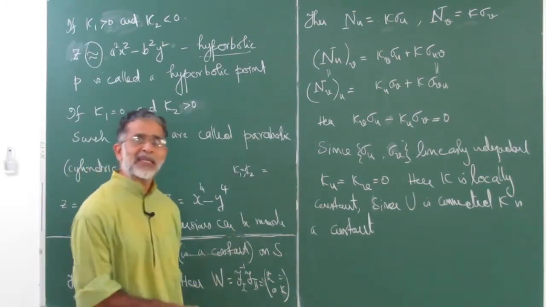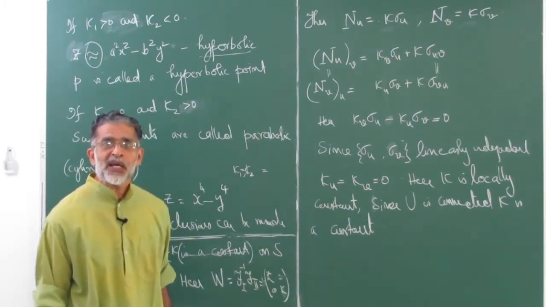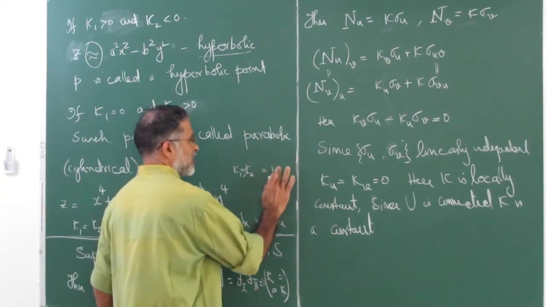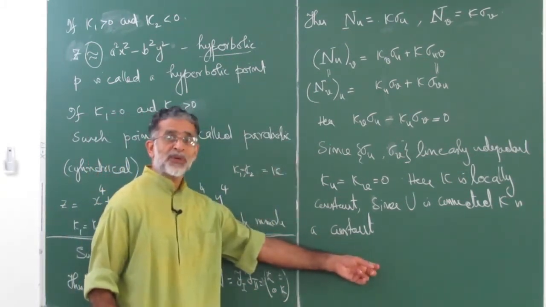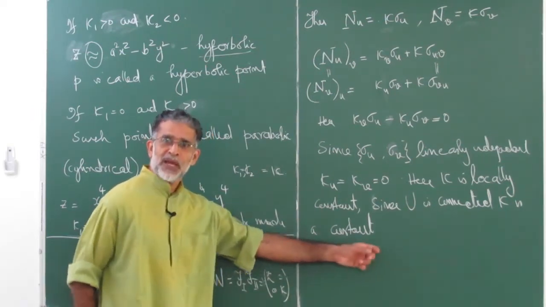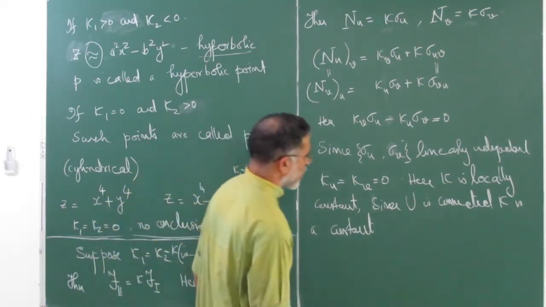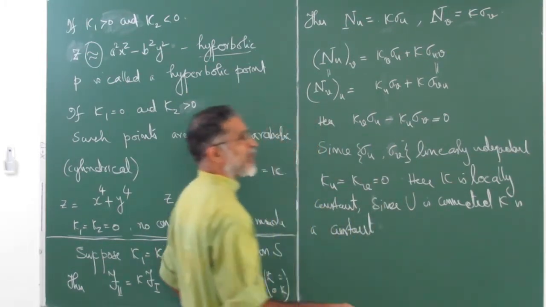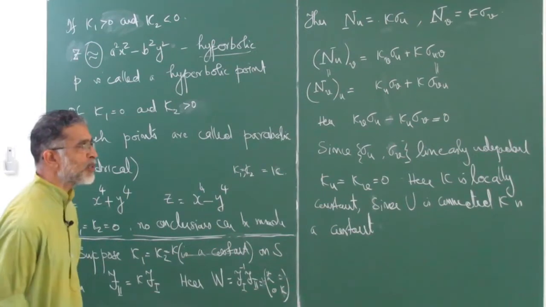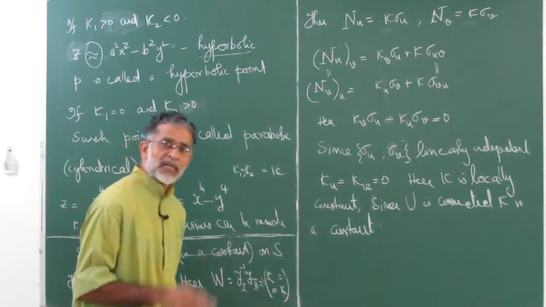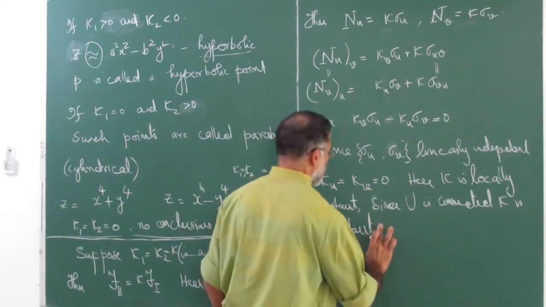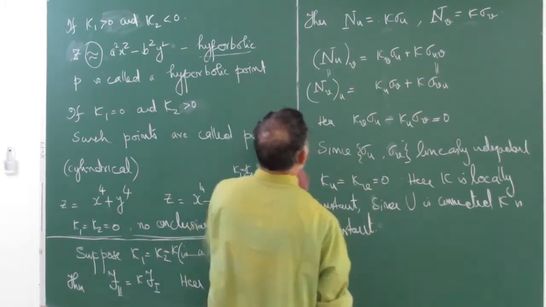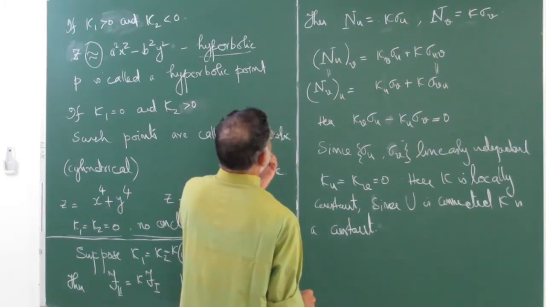But now we say that there is only one thing possible: both kappa 1 and kappa 2 are constant functions. That's what we are proving. It's a very strong thing. From a weak thing, we are proving a much stronger thing. If kappa 1 and kappa 2 are the same throughout, then that has to be a constant function. Okay, it's done. Now I'll be using all these.